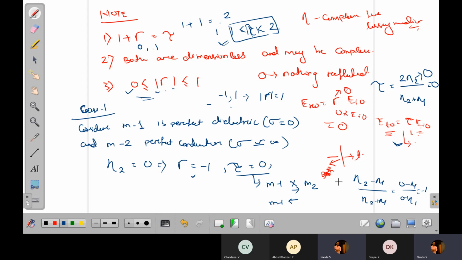That's why when the electromagnetic wave comes from medium 1 to medium 2, that is from air to your lift or the metal, at the boundary what will happen? Because of this property only, all the signal will be reflected back. So in that case, you will not get any signal inside the lift. So that is what I told at the start, this is the phenomenon that occurs. This is the real reason why this happens.